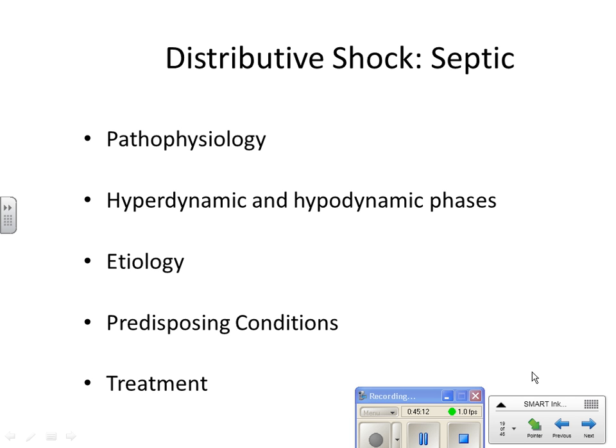Our treatment for septic shock is going to be whatever the organism that caused it. So normally what will happen is you'll give a broad spectrum antibiotic in the initial stage until they get the cultures back and they find out what's causing the sepsis, and then they can be more specific to that organism. Fluid resuscitation is going to be important because patients will lose a lot of intravascular fluid into the tissues, so you need to replace that circulating blood volume.